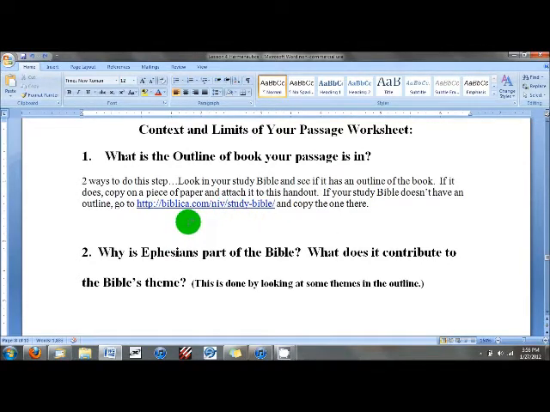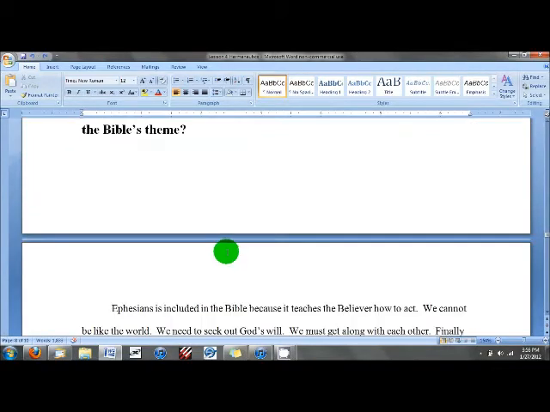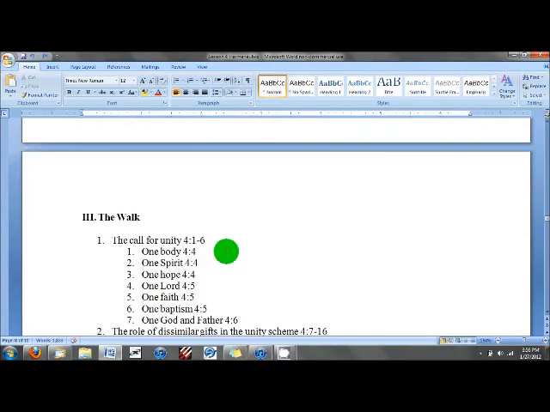Now, I've already done it up above, so we're going to refer to my answers up ahead. So the next question is, why is Ephesians part of the Bible? Well, it's not going to be that for you. It's going to be, why is your book of the Bible part of the Bible? What does it contribute to the Bible's theme? And it says here, this is done by looking at some themes in the outline. So you go up to your outline, which is up here, and you see